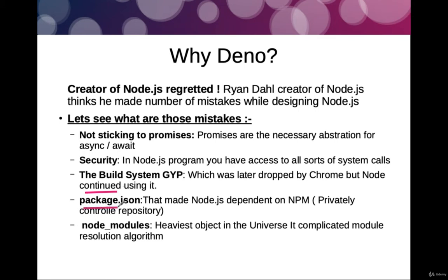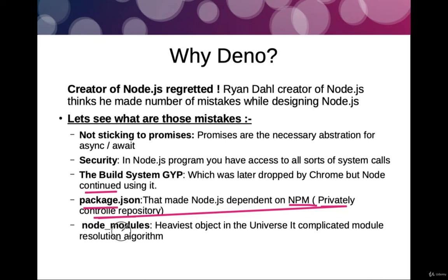Now this was a huge thing because it made all the packages dependent on npm, which is a privately controlled repository, right? So centralization of all the packages came up. That was annoying. As of now, npm is the core place where you get packages, along with yarn, but fairly npm is the core place where you can get like 350,000 packages, and it is fairly centralized. Deno solves this problem by introducing a decentralized system, and how it does it, we'll see in the later part of this video.